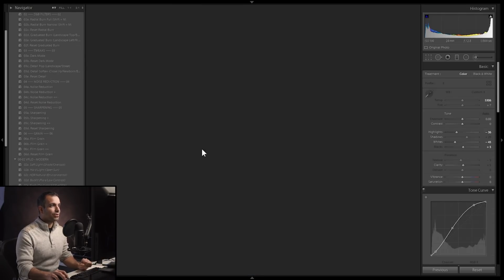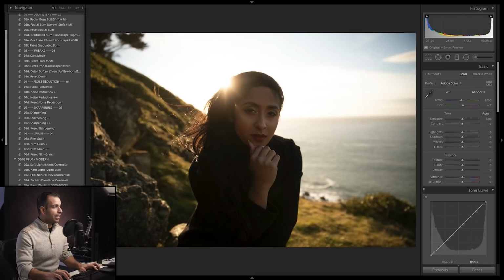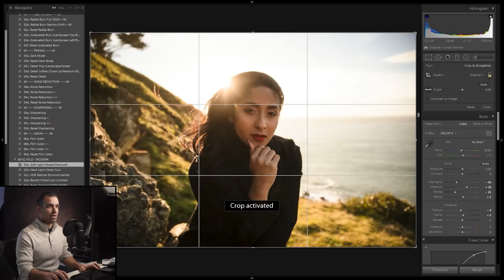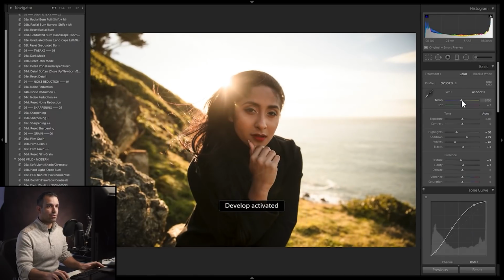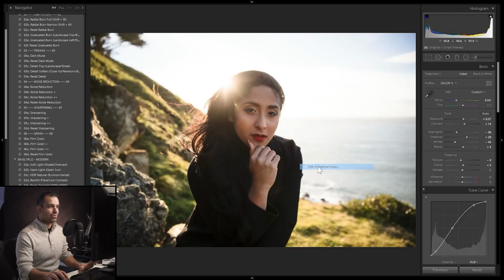So same thing with this type of photograph. I want to do this last one with Shiv. So what I'm going to do is go ahead and reset this out and just show you guys. I'm going to apply Soft Light Modern. It's going to do most of the work for us in terms of the raw processing. I'm going to get it to roughly the level of brightness and contrast. And this is a great image to show because it really shows the less is more kind of approach